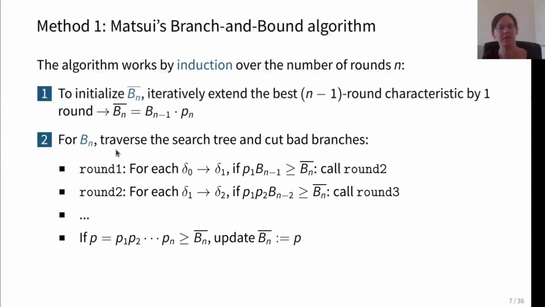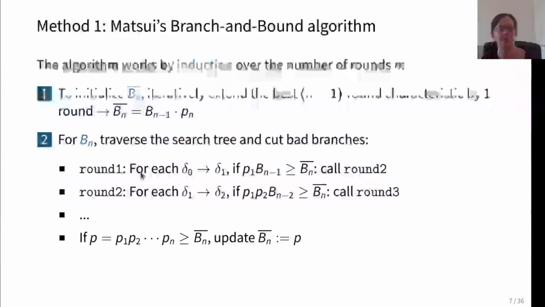So to find out something about the global optimality, essentially we want to build a recursive search that would originally cover all possible characteristics. So starting from each delta 0, we are looking at each delta 1 and combining each delta 1 with each delta 2 and so on. So we would get a huge tree, which we definitely can't enumerate. But what we try to do is cut off early all the branches that will not lead to a characteristic with good probability. And